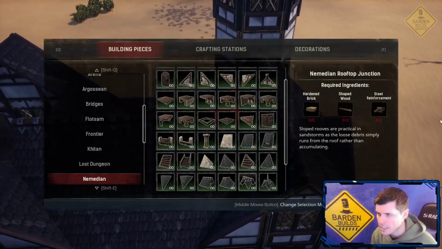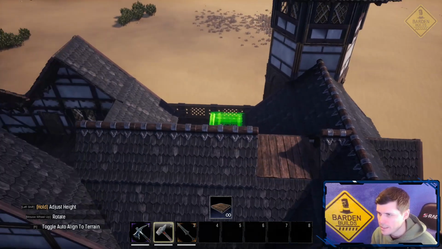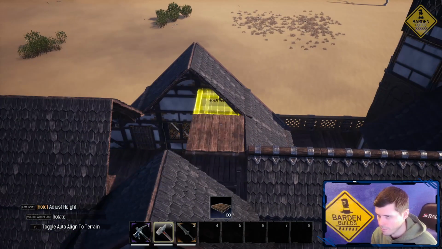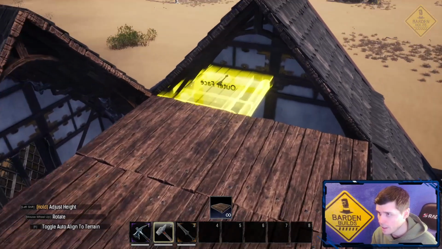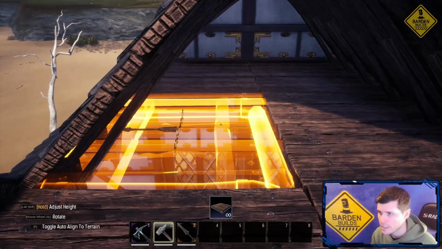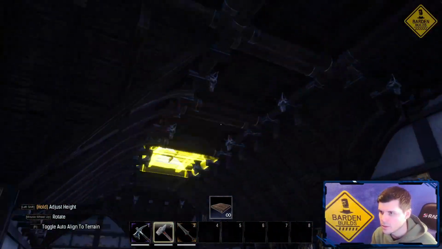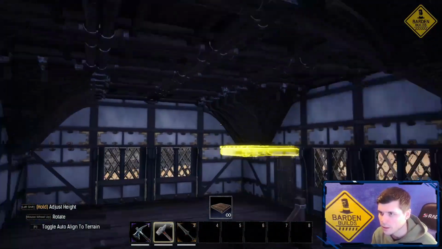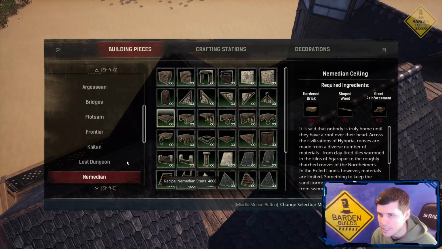So I'm going to take a Numidian ceiling piece. I'm going to place that here. Place some more Numidian ceiling pieces here. Place some more. I'm just going to kind of block these areas. So we jump inside. So we're just going to add ceiling pieces all through here. All right, so now that all of those ceiling pieces are placed,